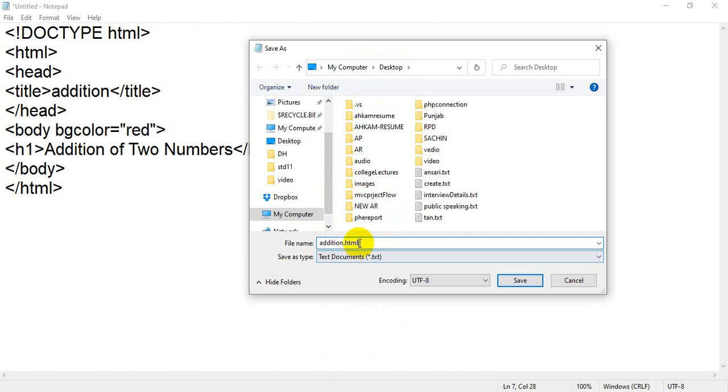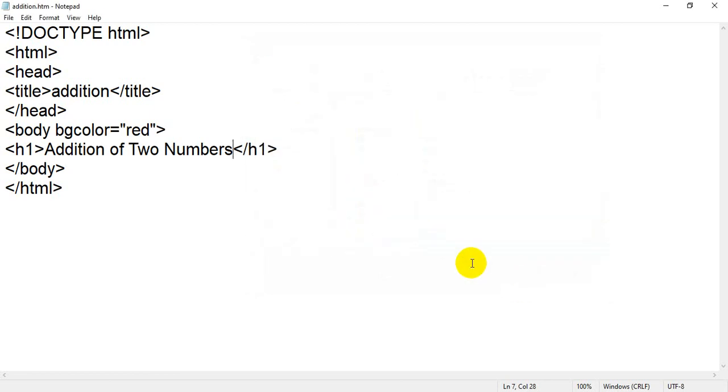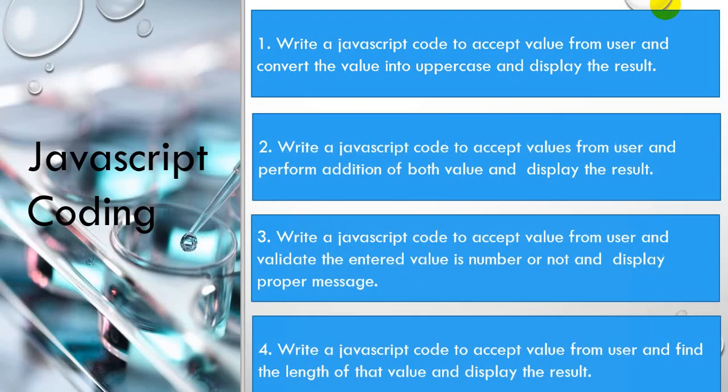The .html extension is compulsory. You can save your HTML file with the .html extension, or with the .htm extension. I am going to save it as .html. Click on save. Now your file has been saved.